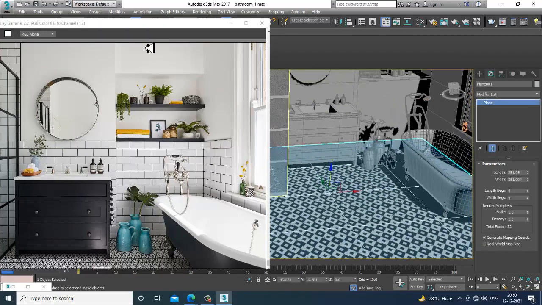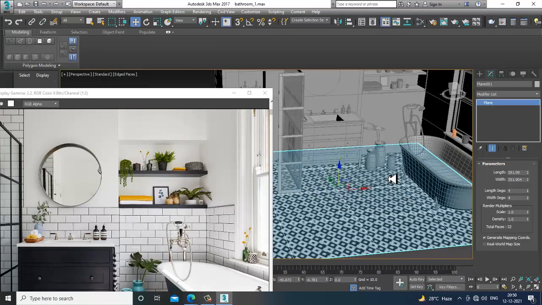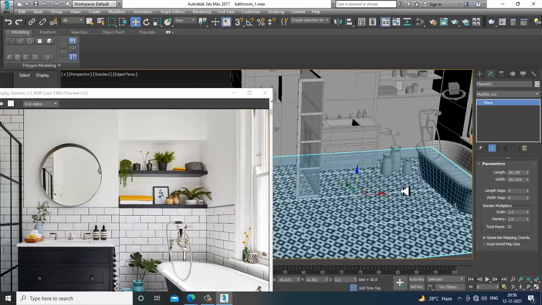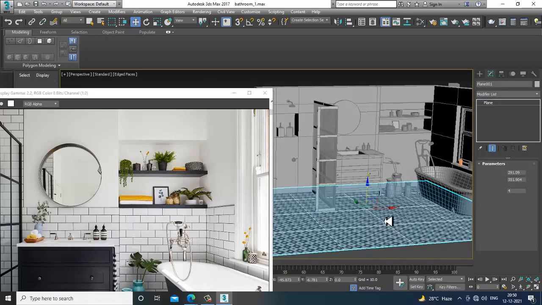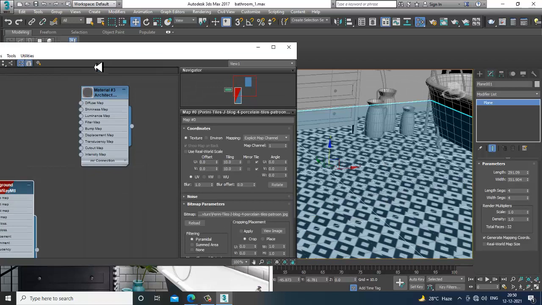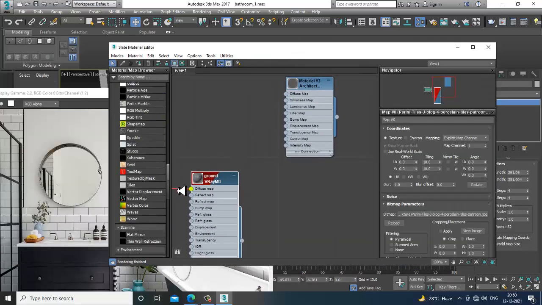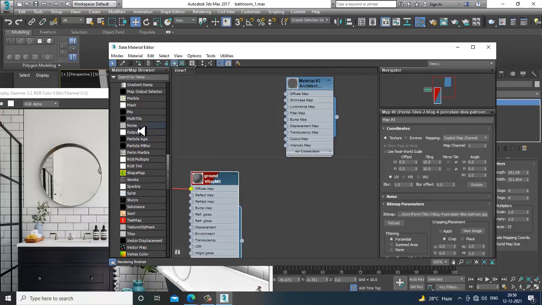First I'll go into this and make it standard over here. If you want to slightly add a bit of bump map, I can go into this, add a bit of noise and connect it with the bump map.